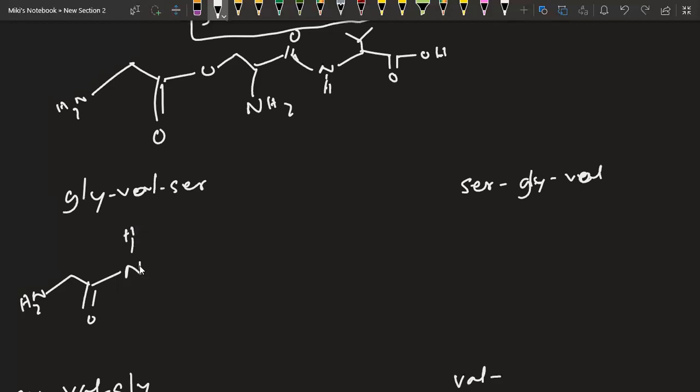Okay, so amino acids react between which parts? The amine group and the carboxylic acid. So valine's amine group is present here. Then we have this alkyl group, and this carboxylic acid. This carboxylic acid in turn will react with the serine. Serine's which portion? This carboxylic acid will react with the main portion. We are not concerned with the side chain in this case. We are not going to consider the side chains. In serine C, we have